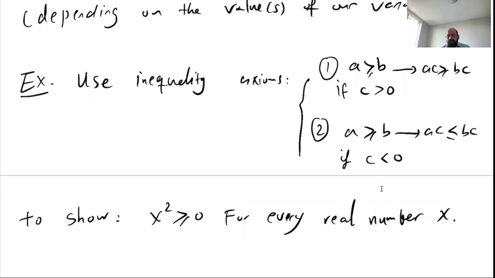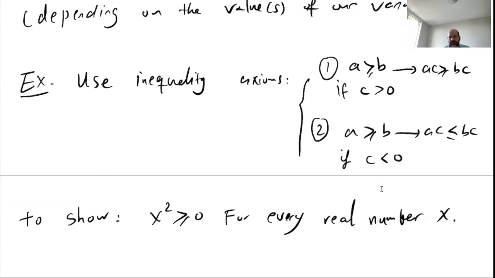So in mathematics, we know that we have to prove all the statements except axioms. So axioms are a very few facts that we accept without proof based on our intuition, and then we prove everything else using them. Now, for inequalities, we can accept these two as axioms that if you have an inequality, you can multiply both sides with a positive number and the inequality remains the same. And if you multiply with a negative number, the inequality will flip, okay? So we want to use this to show that x squared is bigger than or equal to 0 for every real number x,